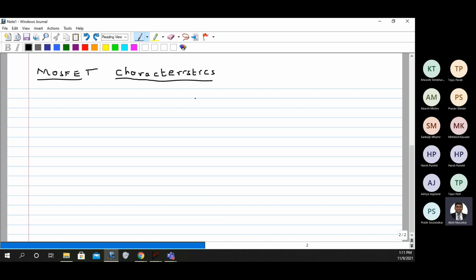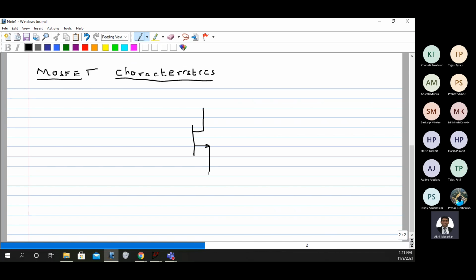Now we have started with the characteristics of the MOSFET, and we have seen that the MOS has got 4 terminals: gate, drain, source and body. So this is gate, drain, source, and here we have, let's say, body. Between the gate and the source we are going to connect VGS, plus minus, here we have VGS,